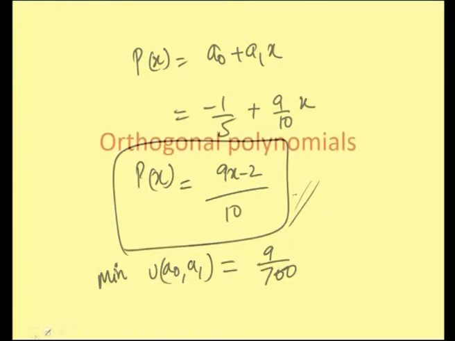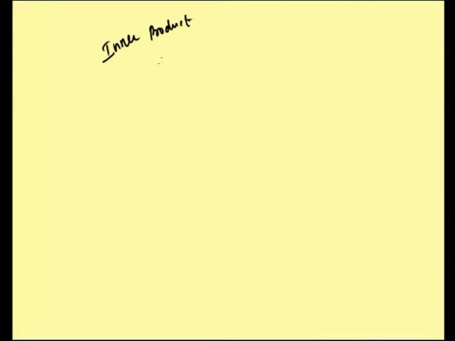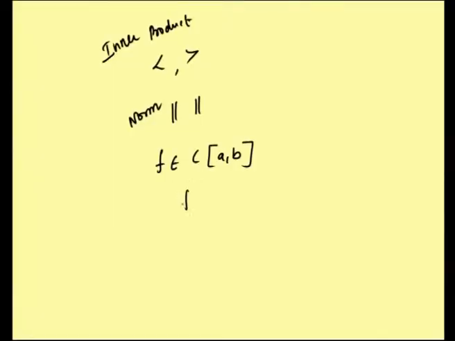cube. Then orthogonal polynomials. Before we define the orthogonal polynomials, we need two more terms, that is inner product and then norm is defined like this, and norm is defined as in this notation. Okay. First of all, let us take a function f belonging to C of a, b. C of a, b is set of all continuous functions defined on a, b. So, if f belongs to C of a, b, we would say that f is defined on a,